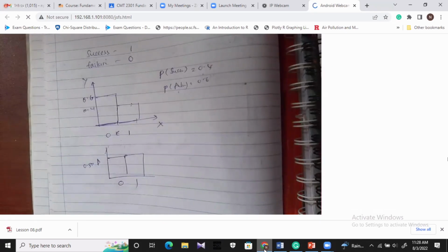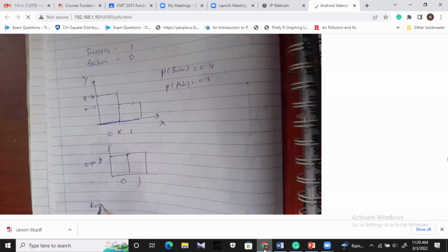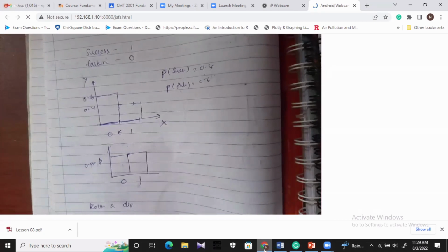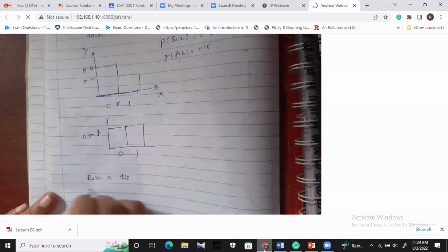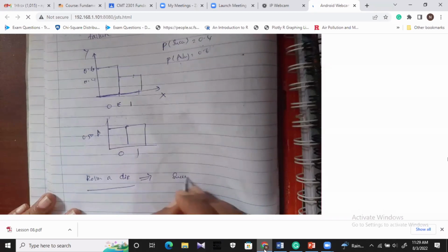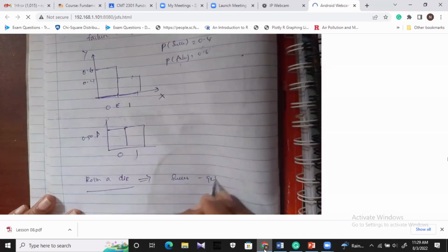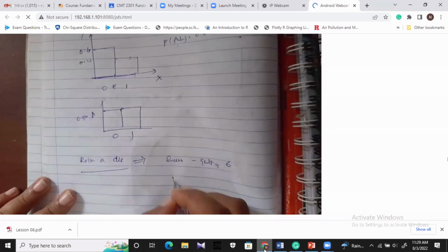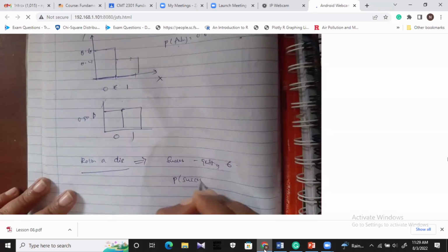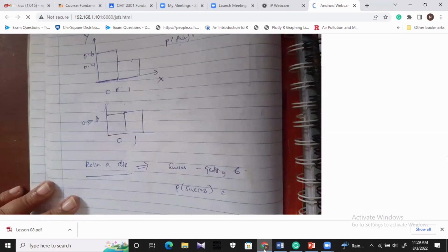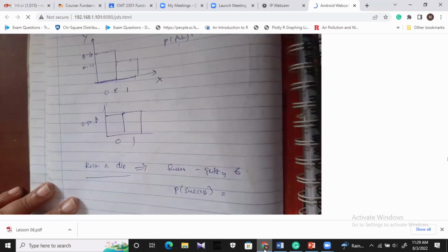So if you take rolling a fair die, and if you take success as getting number 6, what is the probability of the success? In that case, the probability of a success should be